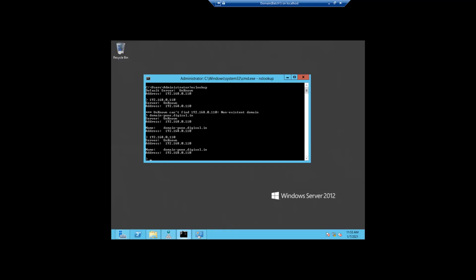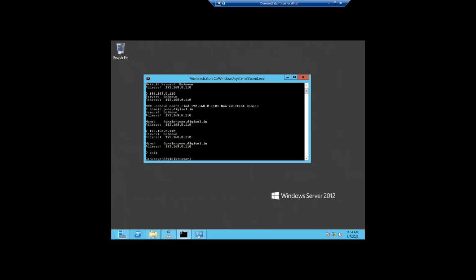It is now resolving, but the server is showing me unknown, so it may take some more time. This server is supposed to show me domain-Pune digisol dot in, but the query is getting resolved while the server shows unknown. That will also resolve; it will take some time.